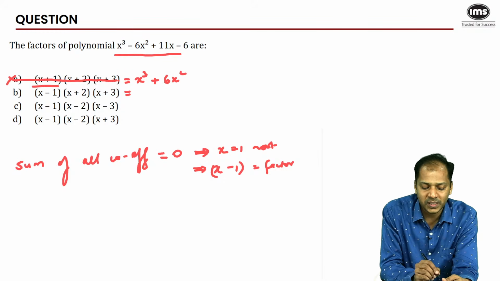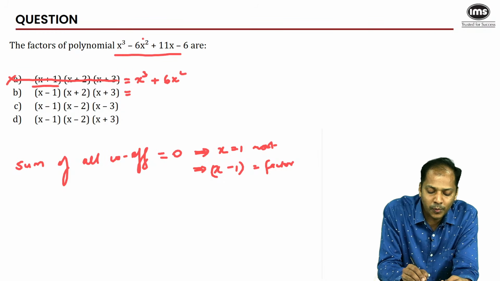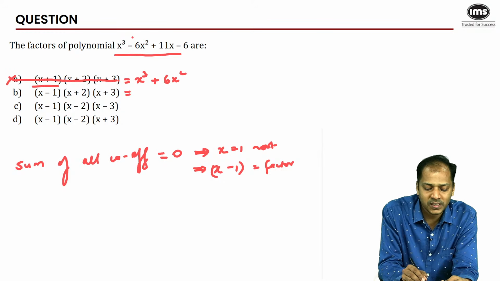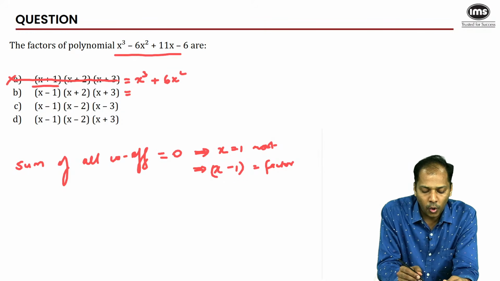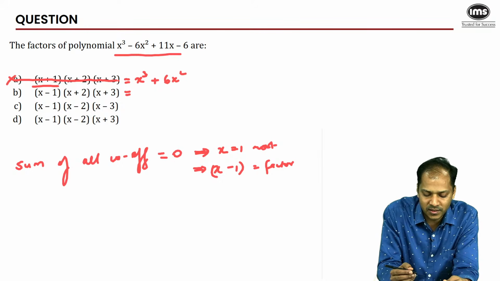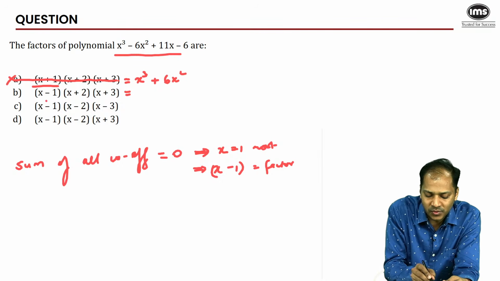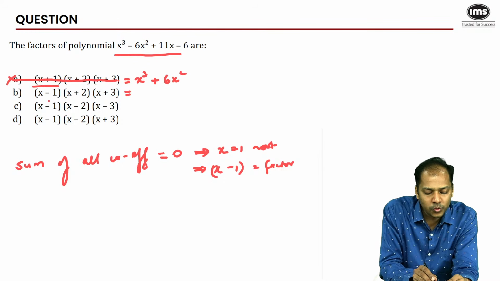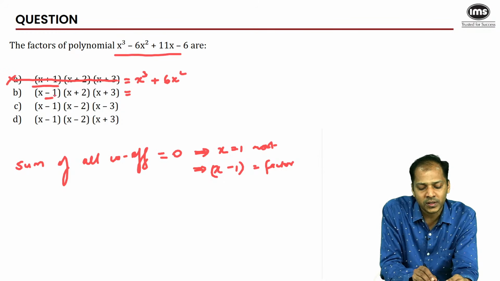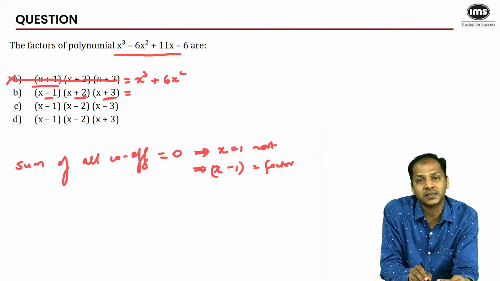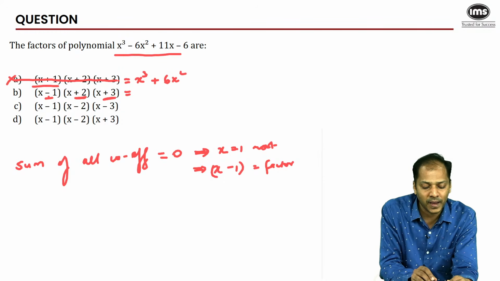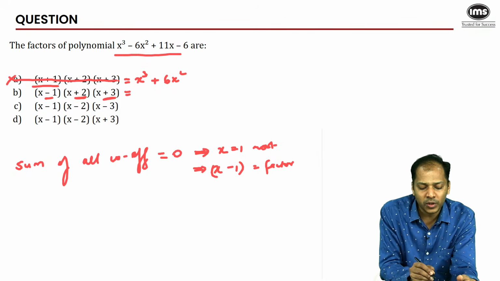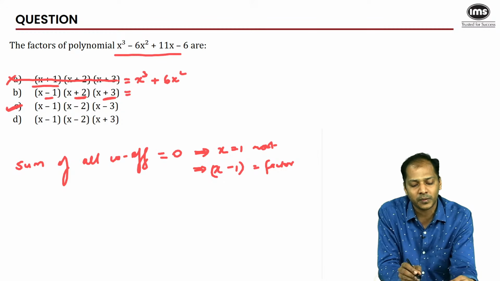But what about B, C and D? Then I would also have used the sum of roots. The sum of roots is equal to minus B upon A. So basically the sum of roots should come out to be 6. All the 3 roots should add up to 6. The only way the addition could be 6 with 1, 2 and 3 involved is that all the 3 should be positive. If you look at the roots over here, x minus 1 is a factor, so the root is x equal to 1. x plus 2 is a factor, the root is minus 2, and the other root is minus 3. So minus 2 minus 3 would be minus 5, plus 1, minus 4. By observation, I could easily see that the answer has to be option C only.